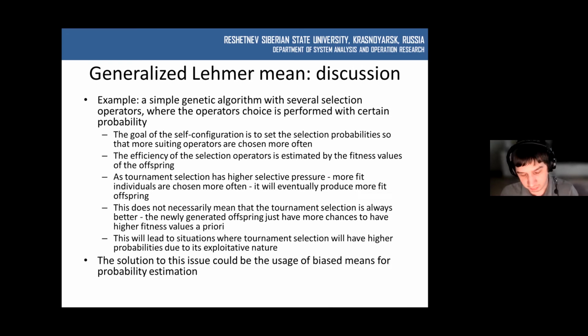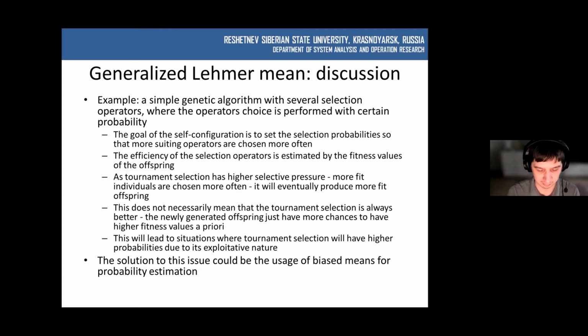So as an example, what if we have a simple genetic algorithm? We have tournament selection, and at the end, we estimate the improvements by tournament selection. Tournament selection has a high selective pressure, and it's choosing very good individuals. But as long as it is choosing good individuals, it will get even higher score, because it seems like it gives you good solutions. But actually, this is not the case.